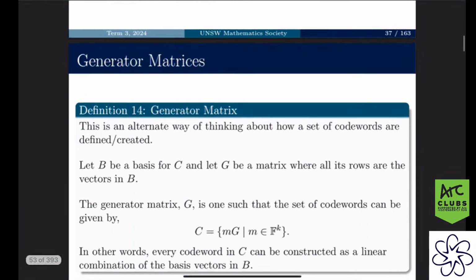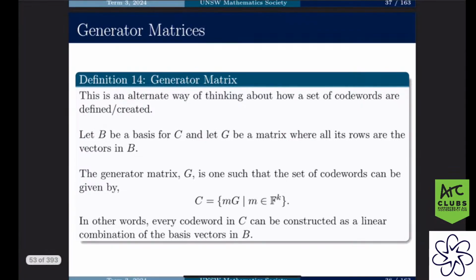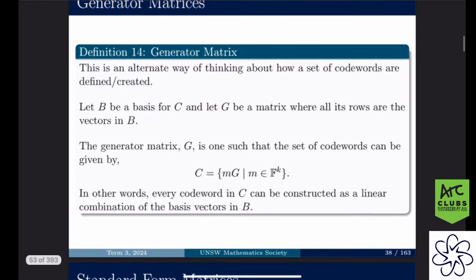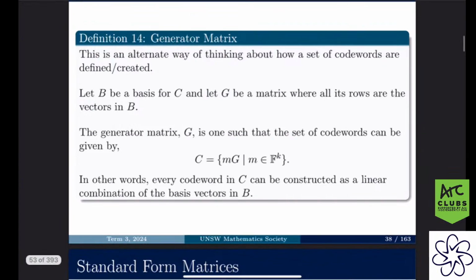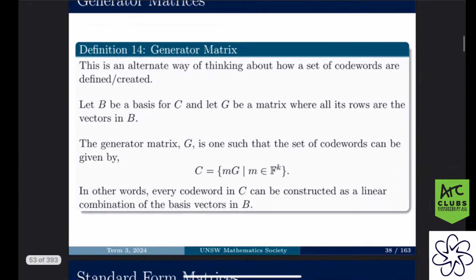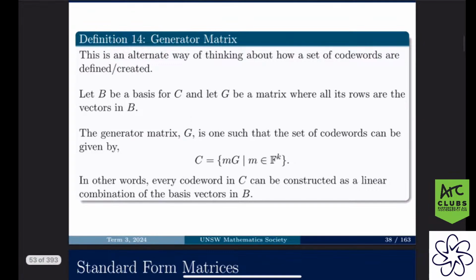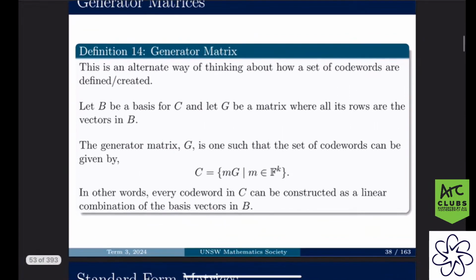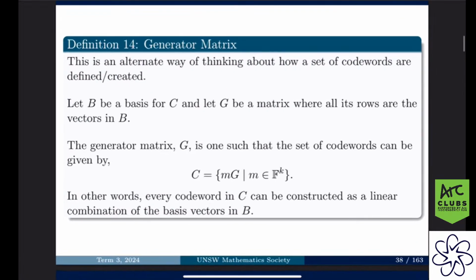Okay, moving on. Generator matrices. So this is a different way we can think about how a set of code words are defined, as opposed to a parity check matrix. So if we let B be the basis for the set of code words C, and let G be a matrix where all its rows are the vectors in B, then the generator matrix consists of rows which represent the elements in the basis B,